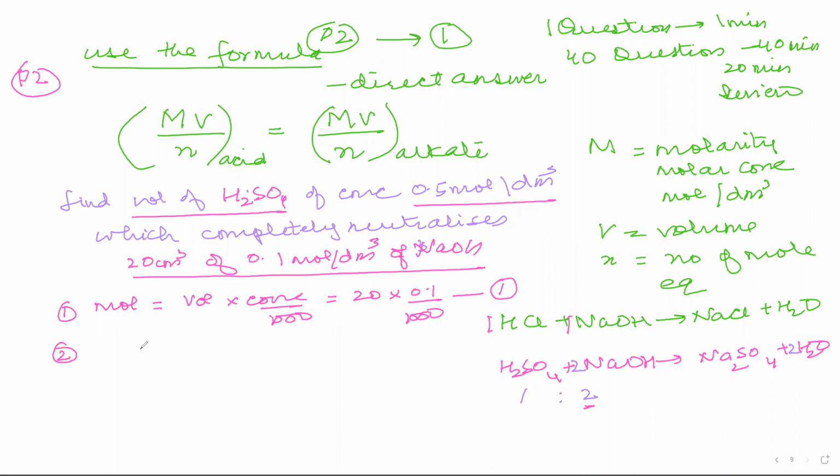Now the second step, you will be finding out the ratio between sulfuric acid and NaOH, right? So how will you do it? You will do it through the equation. So this is an equation. I know that the ratio between these is 1:2 because I have written down the balanced equation. So whatever moles you're getting here, let's say I am getting X number of moles, then NaOH will have 2x moles. Now these moles that you have calculated for NaOH,